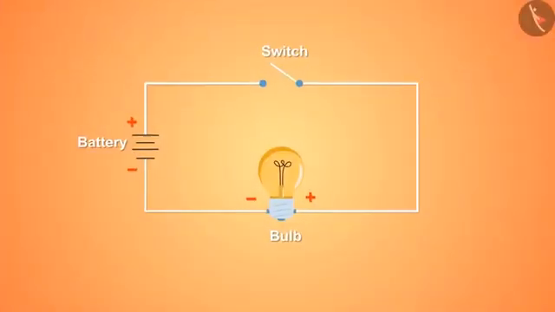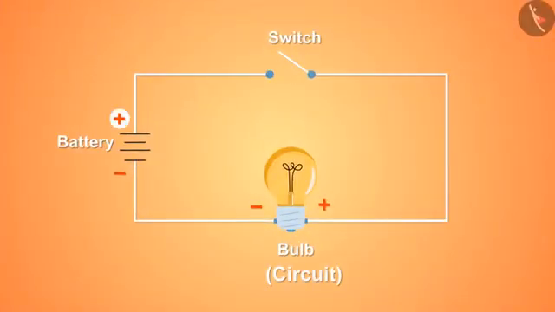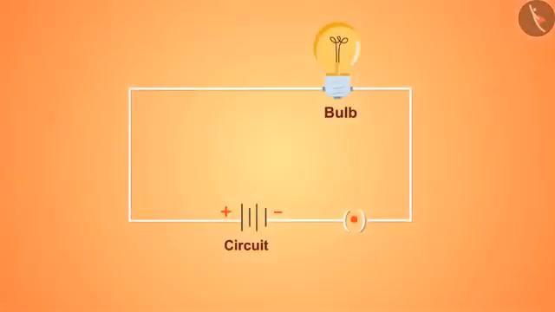This diagram shows a circuit in which the positive terminal of the battery is connected to the positive terminal of the bulb via wires through a switch, and the negative terminal of the battery is connected to the negative terminal of the bulb. Great, we understood the circuit. But what do these positive and negative mean? These positive and negative signs indicate the direction of current in the circuit.